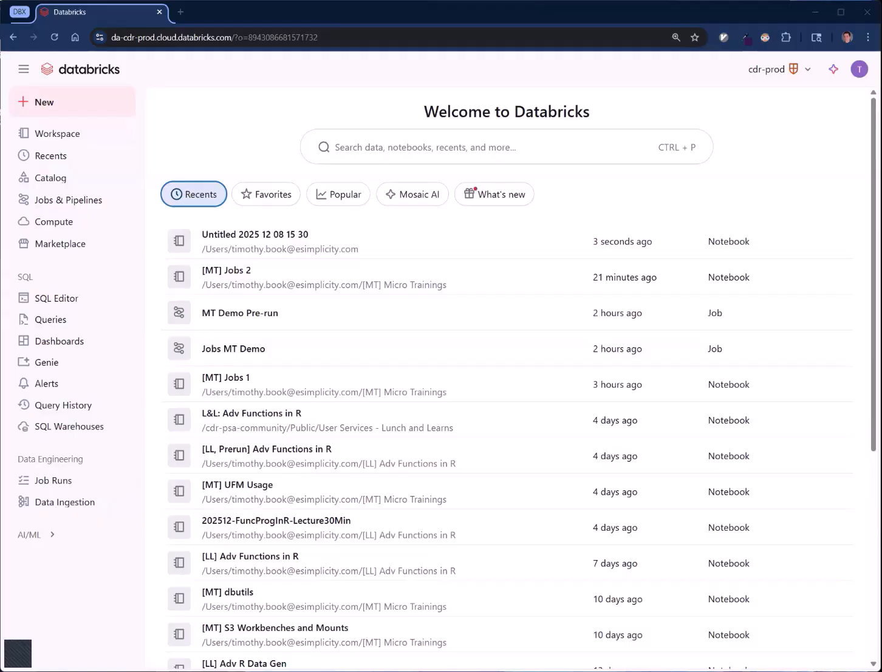Notebooks are a cell-based coding environment for writing, reading, and testing code. They are probably the most common place you will be writing code. We're going to create one in just a moment, but first we need to decide where we are going to create it. So I'm going to click Workspace on the left,